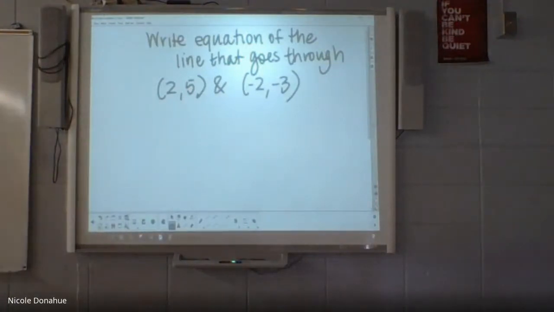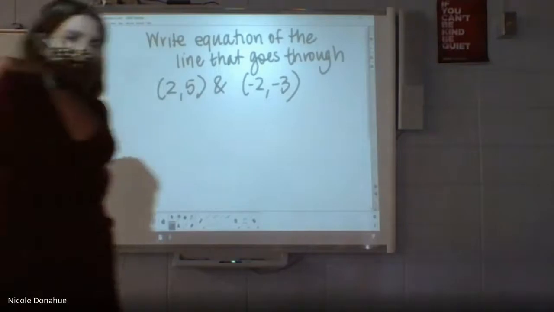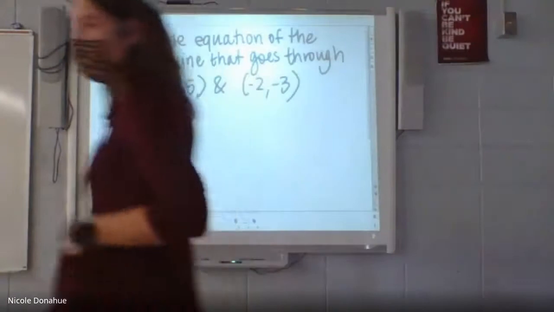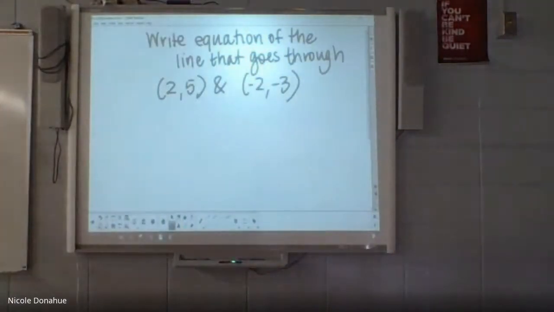So you have to first find the slope. These are going to take a little bit longer. First find the slope like we just did, using that slope formula. You don't have graph paper handy in front of you. If you want me to check your slope before you move on, I can. And then once you find the slope, you want to find the y-intercept.